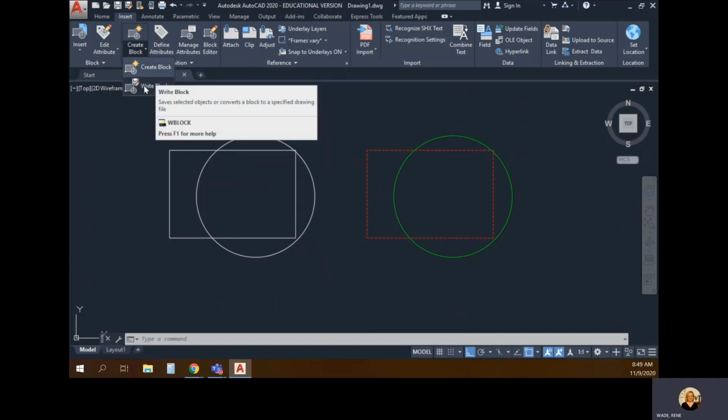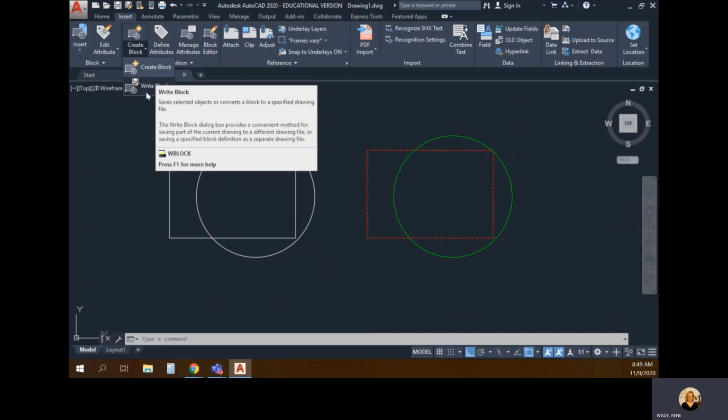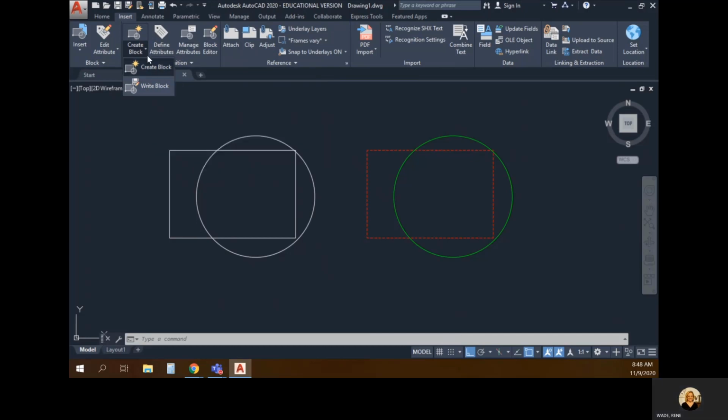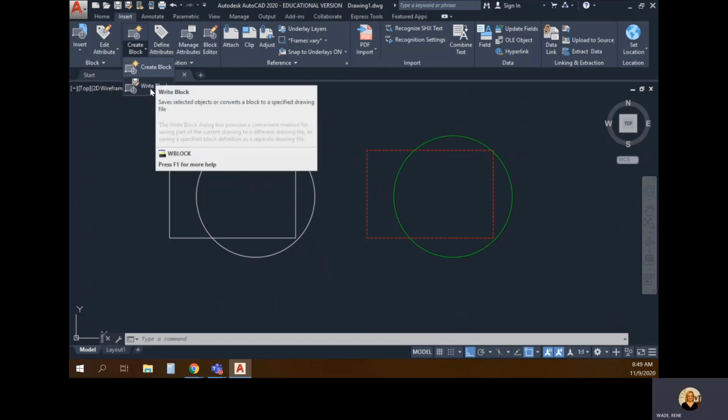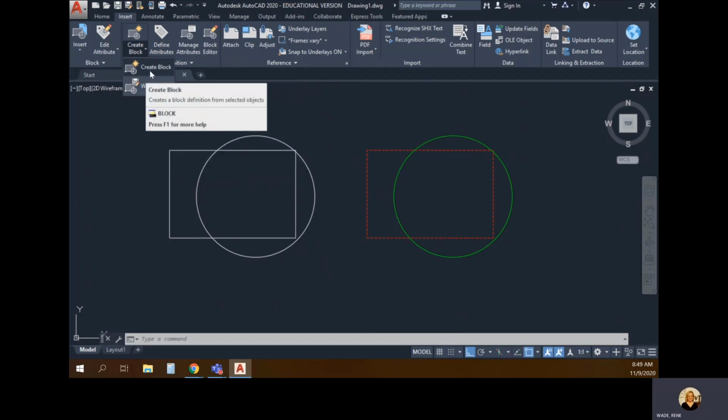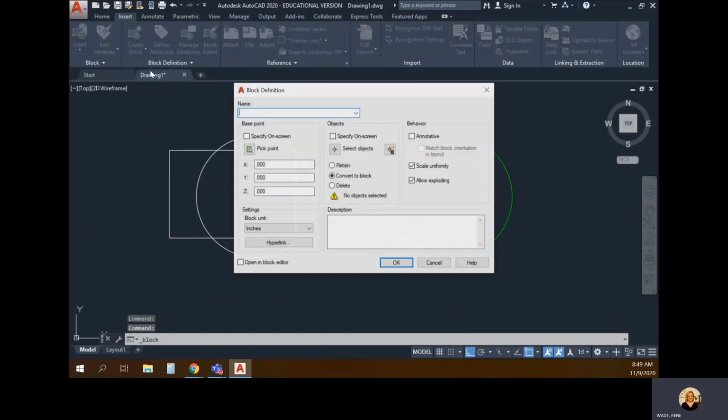The command W block is an action to export items from your current drawing, whereas the block command inserts a block definition currently defined in your drawing. If I go to create block, it's going to bring up my block definition box. The first thing I need to do is I need to give it a name. So I'm going to name my block Part